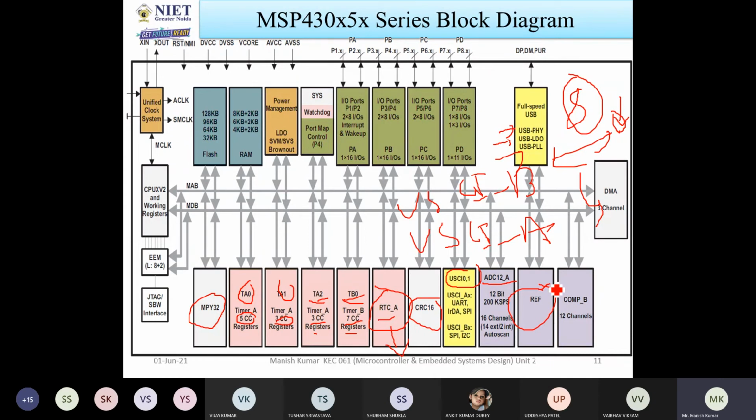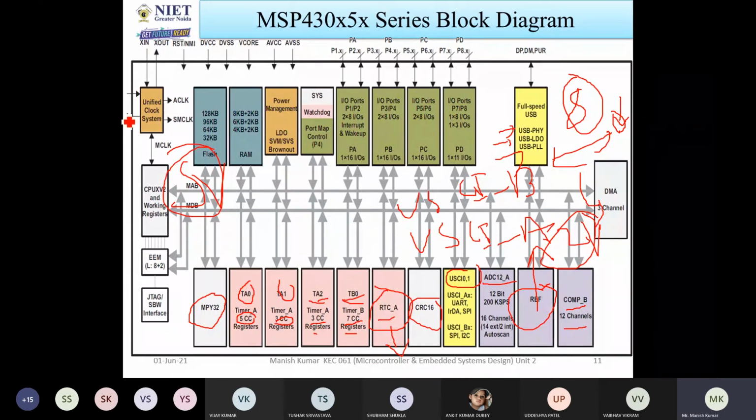It means that, let us consider, I have supplied the power voltage with 5 volt. Some peripheral requires 2 volt. Then with the help of this module, it will generate 2 volt and supply it to the peripheral subsystems. The reference module is also connected with the power management module. And the last is the comparator. It is a 12-channel comparator. With the help of the comparator, you can compare any type of data, either analog data or digital data.